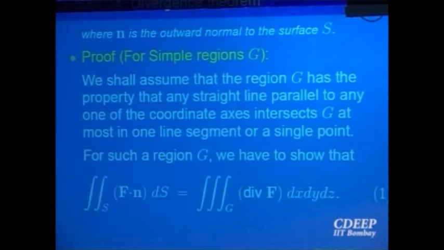So let us see what a region G of this type, which is nice and simple, looks like. If a region is simple in the plane, of type 1, on the side there is a boundary of vertical lines, on top there is a curve, and at the bottom there is a curve. Similarly in R3, if the region is simple, and you are moving perpendicular to the xy plane, what should it look like?